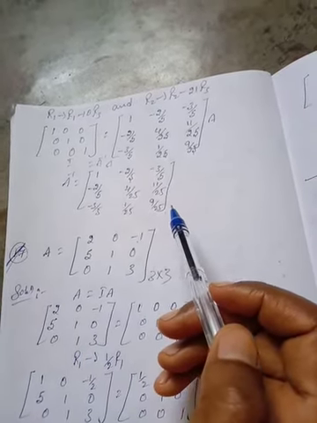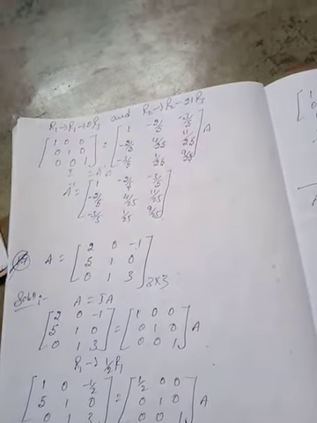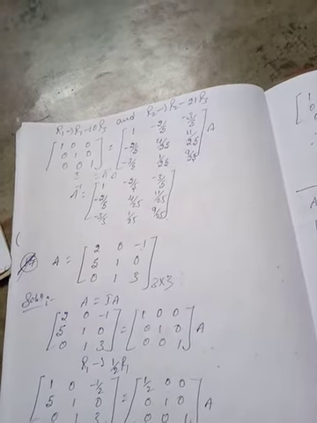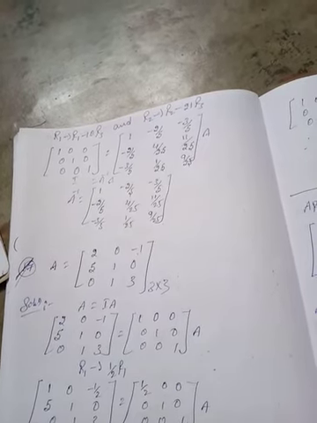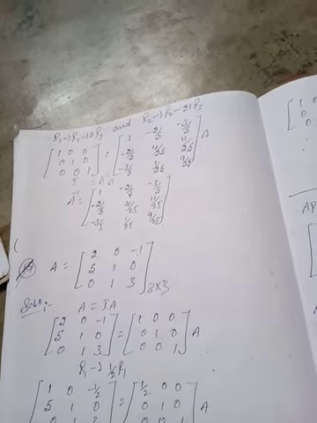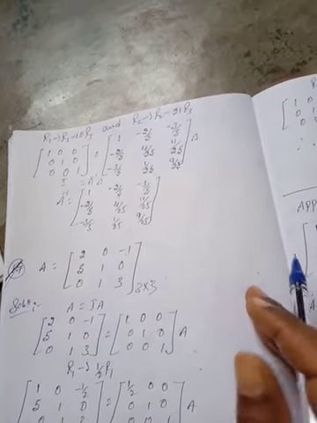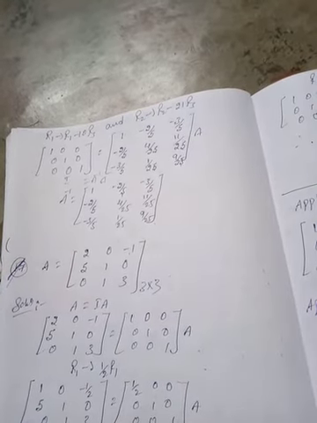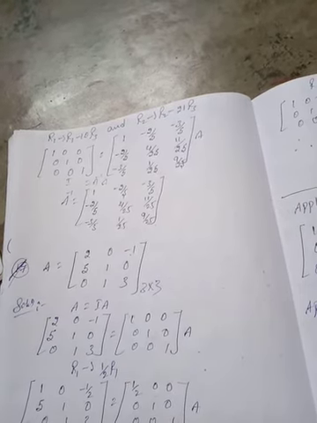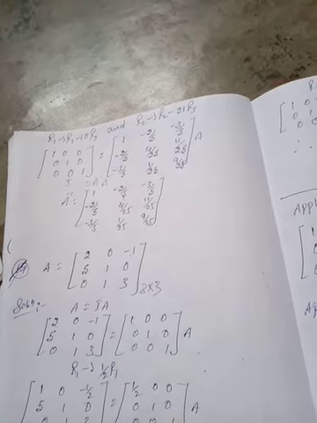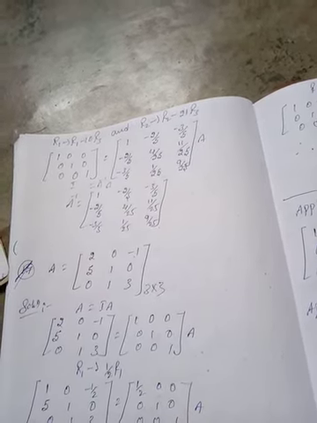In the same way, this is your exercise 3.4. In this exercise 3.4 we have 17 problems. In these 17 problems I have already solved the first one, third one, 10th one, 12th one, 14th one, 17th one, 15th one, 13th one. The remaining problems you can do. Those problems are the same as these problems, so you can solve the remaining problems. That means this completes your matrix lesson. This is your 3.4 last subtopic. So this completes your matrix lesson.